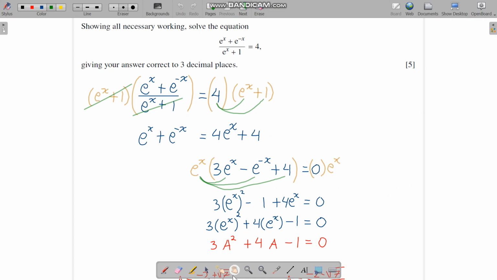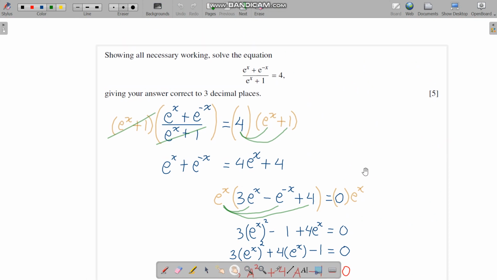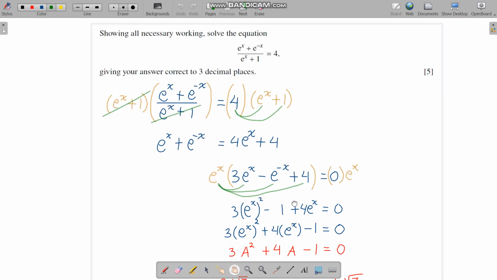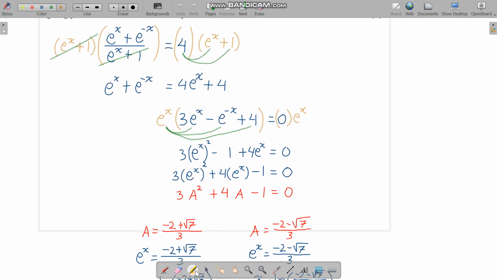First question, we have e to the power of x plus e to the power of minus x divided by e to the power of x plus 1 equals 4. First thing we can do is to multiply both sides by the denominator. So we cancel out. On the left we have only this. On the right we have to expand 4 times, we have this, and now we have